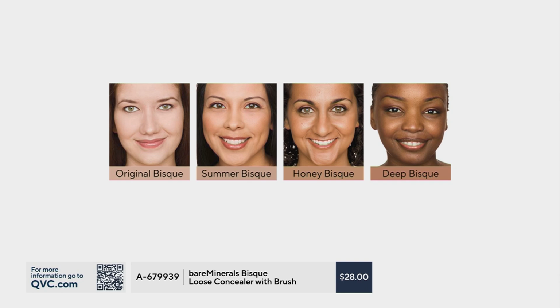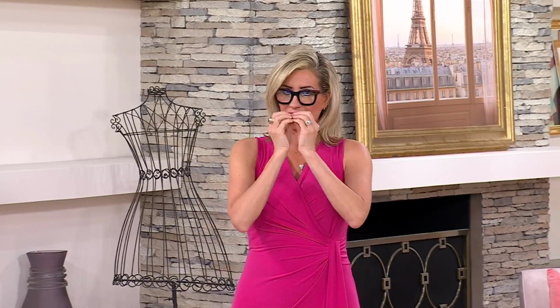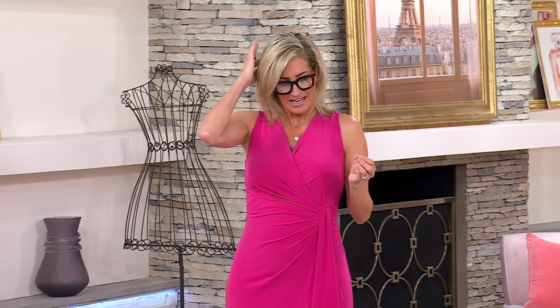I'm so glad we brought this little duo because it's my favorite brush and it's one of my favorite products. I want to stand over here by the poof ottoman because it's cute and it matches my dress. Speaking of my dress, it's from Susan Graver. It's in the show. I thought tonight, listen, it's sizzling hot. It is kind of already sweaty and gross out, and I